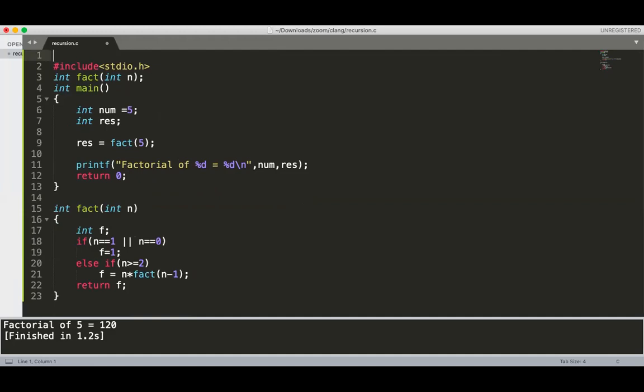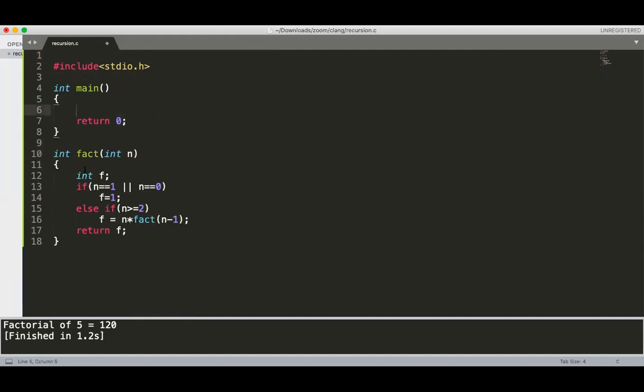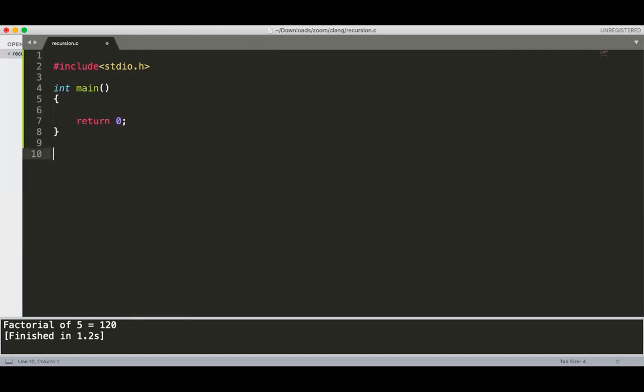Can I do this using recursion? Addition of first n natural numbers. So what is the formula? Suppose it returns an integer. The name is sum. It takes one variable n.